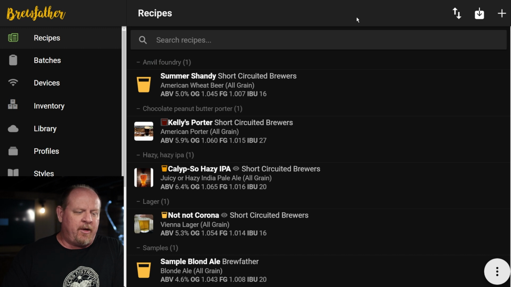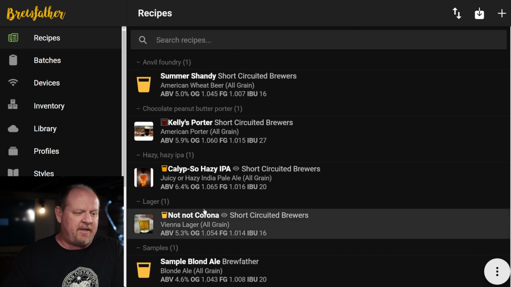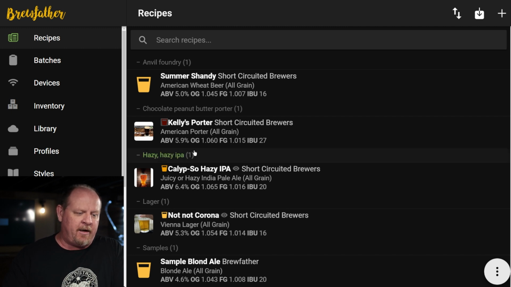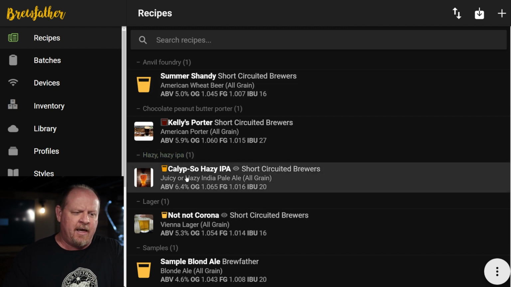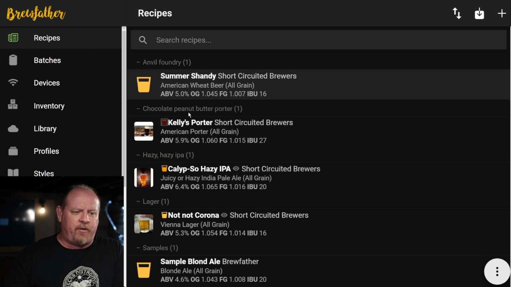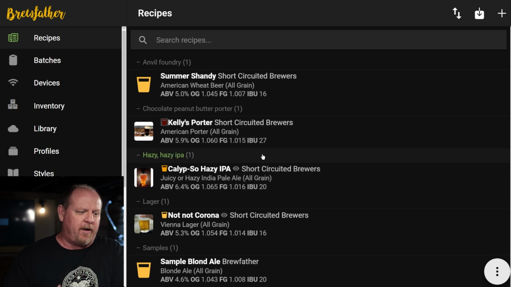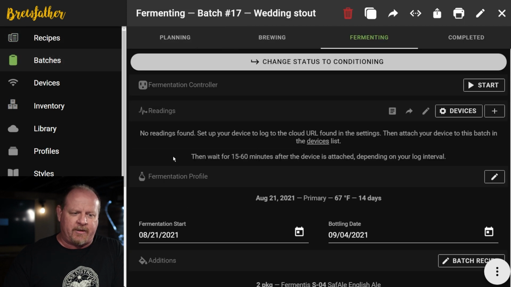All right, so when you first come into Brewfather, you're going to see basically recipes. If you don't have any recipes, you're not going to be seeing anything because there won't be any in there. There might be a couple of test recipes, I think. But this is the basic overview of the software. There are several different things as you create recipes. You can see here I've got a batch of beer that's actually going right now, and we'll go over that in just a minute.